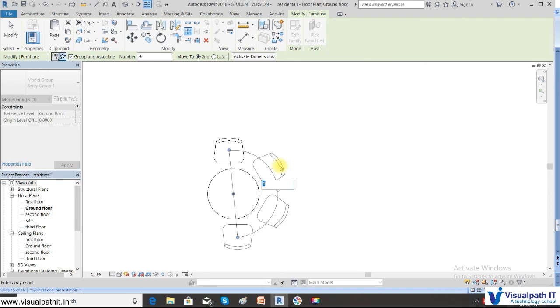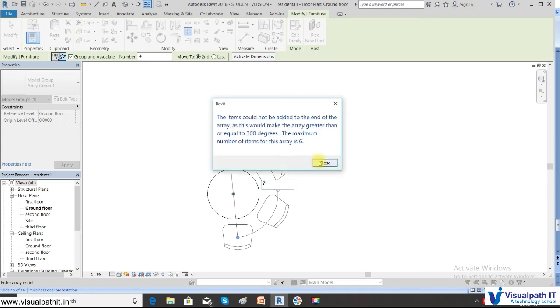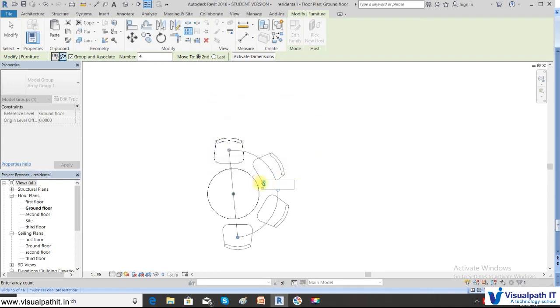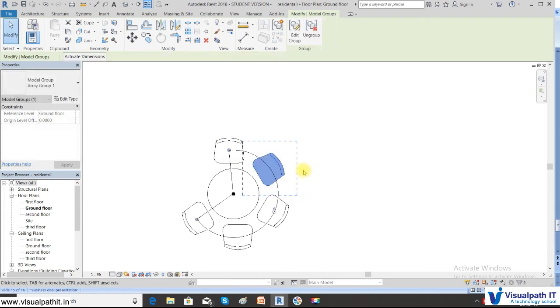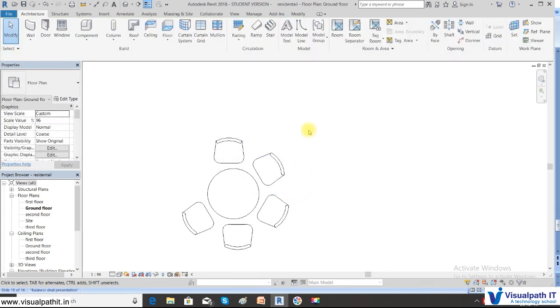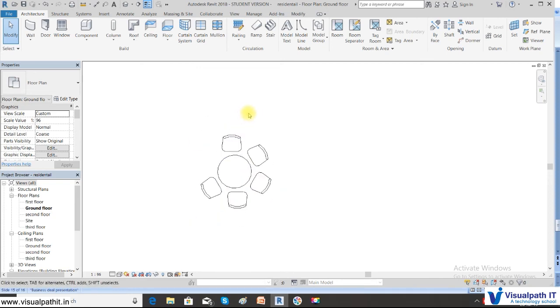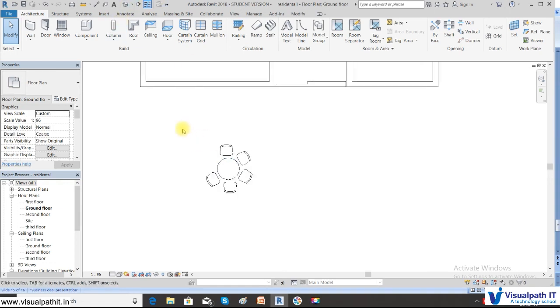Suppose you want to make it 6 or 7, you can change it. Since 7 cannot be loaded, I'll make it 5. You can see that the chairs have been arranged around the table. You could have given 6 also, because it has to rotate and complete the 360-degree circle. So this is how the linear array and the radial array work.